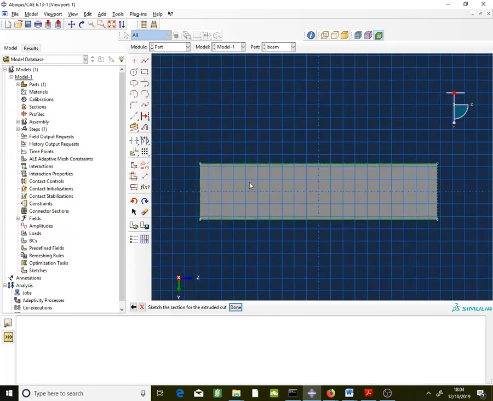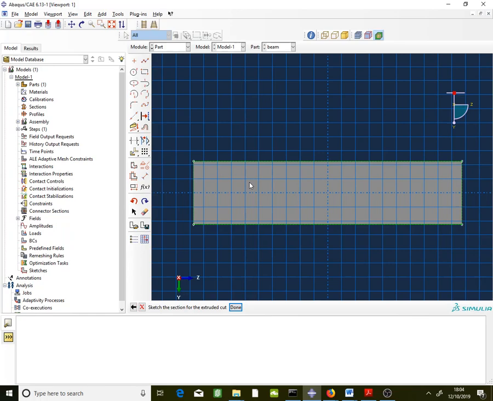Now let's start drawing the circles, and the issue here is we don't have the center of the circle. It's quite hard now to locate the center of the circle,